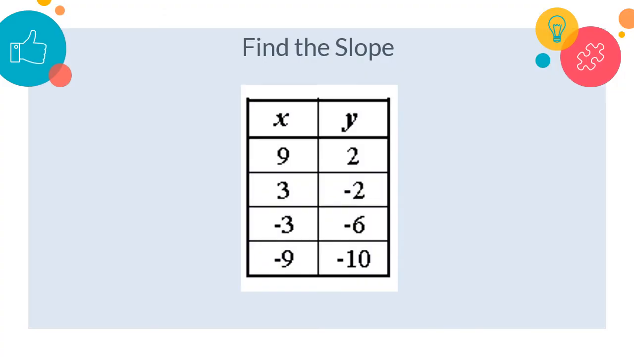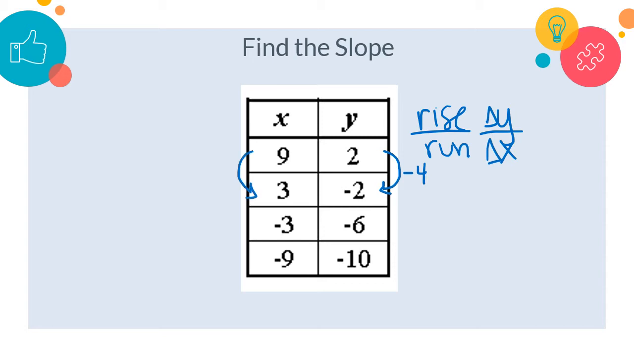Finding slope from a table. So here's where we're looking for the rise and the run still. But remember, rise is y's, run is x's, and it's the change in those values. So how do I go from 2 to negative 2 on a number line? I would go down by 4. Well, how do I change from 9 to 3? I go down by 6. So I'm looking at the change of y of negative 4 over the change in x, which is negative 6,